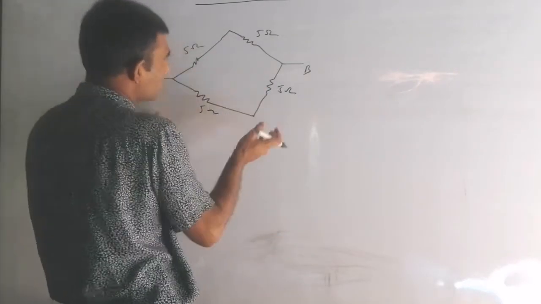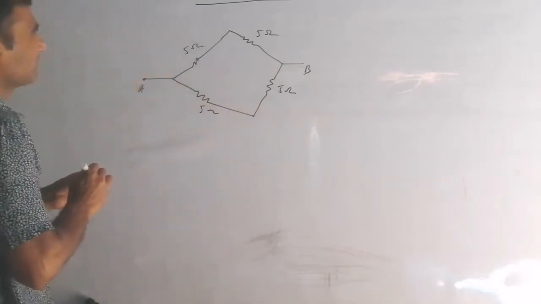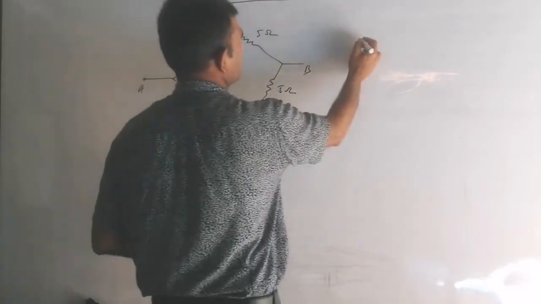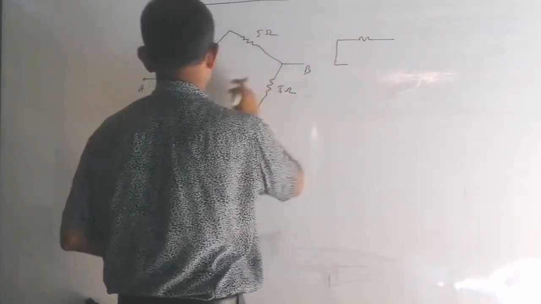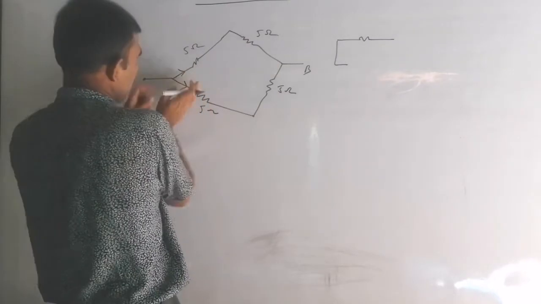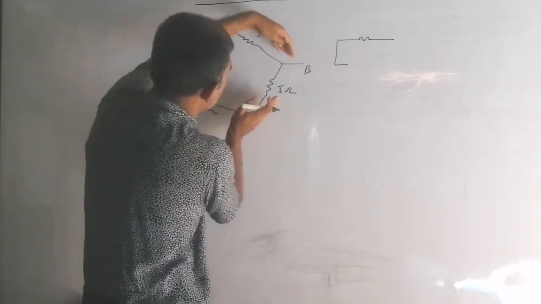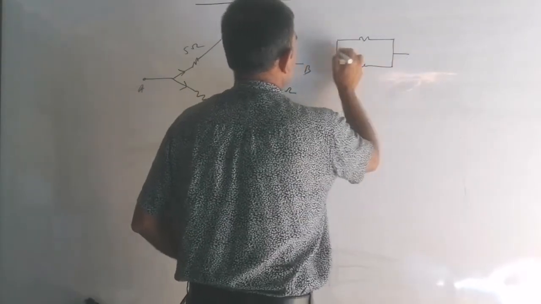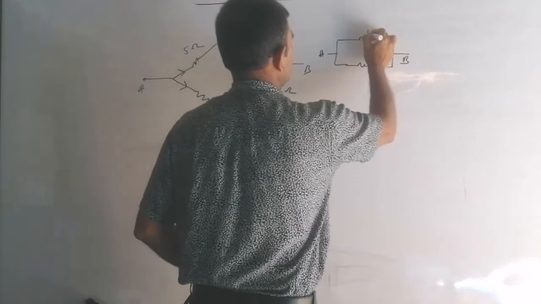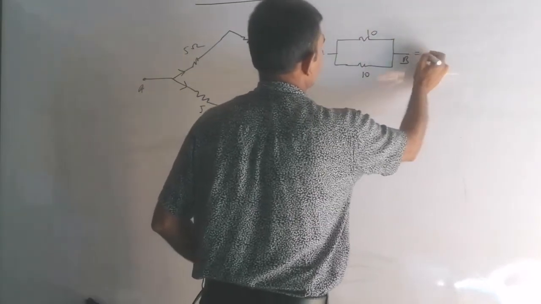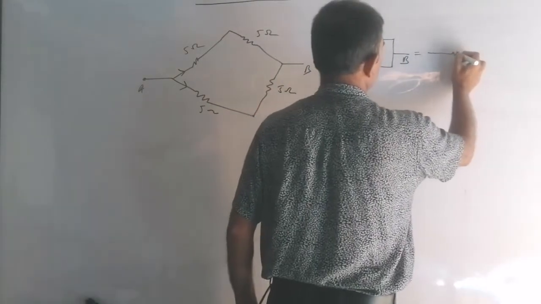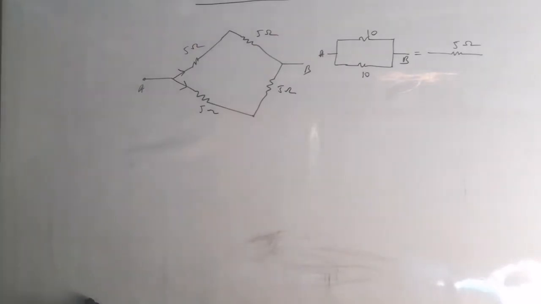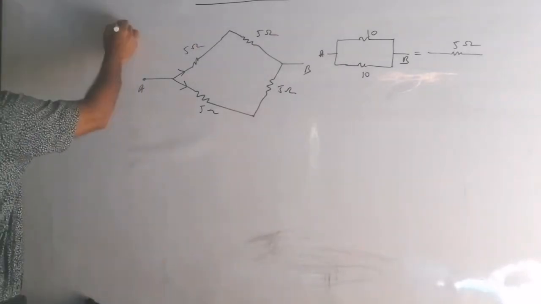Okay, now see, this is such an easy question I gave you. You may think, why did Sir give me again this easiest question? The upper branch is 5 plus 5, that becomes 10, and now this lower branch, because these two are in parallel, and I told you two currents go through the two branches, they are in parallel. So this is also 5 plus 5 is 10 ohm. Okay, and so this is A and this is B, and this is 10 and this is 10. Two equal resistances in parallel, divide by the number, and the single resistance will become 5 ohm.